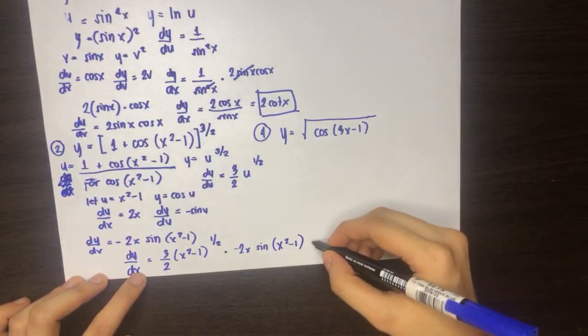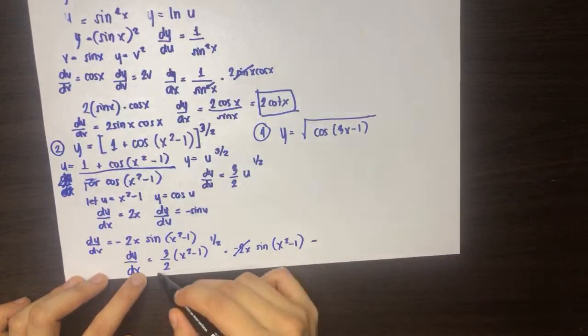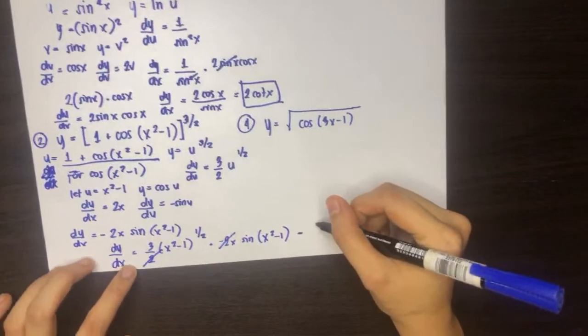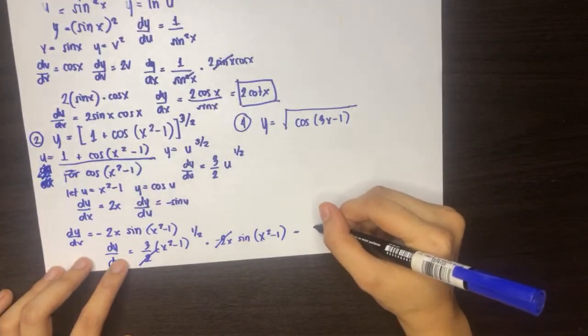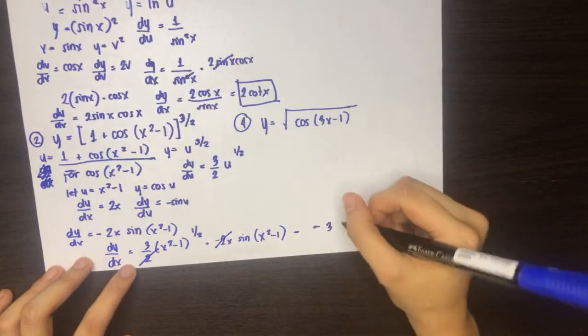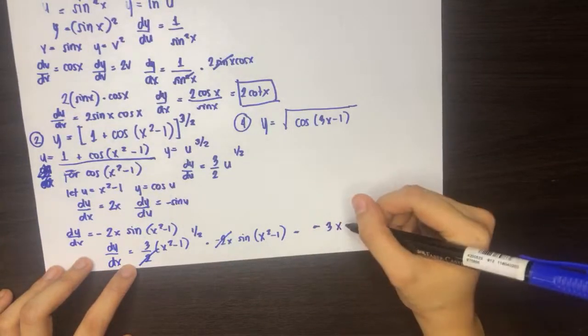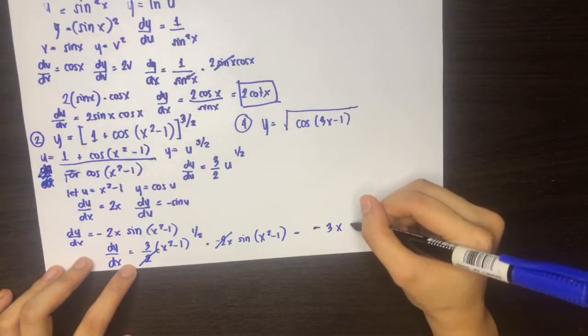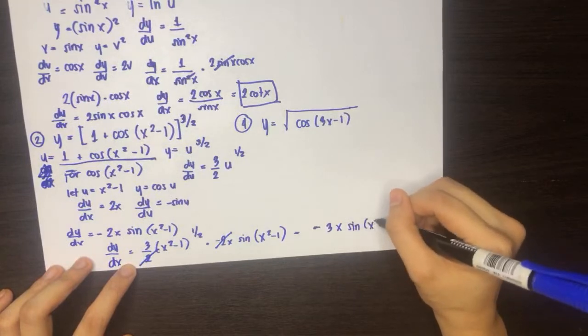So, kapag sinimplify ko pa to, cancel na to, magiging negative 3x sine of x squared minus 1